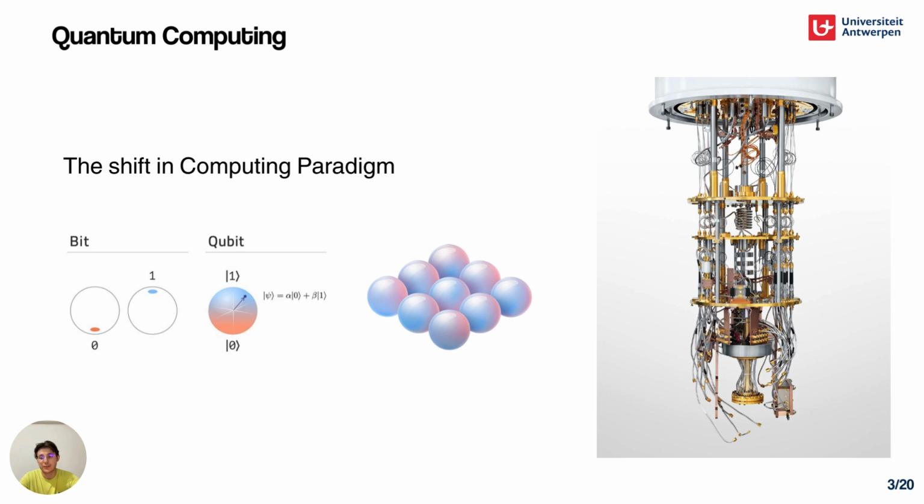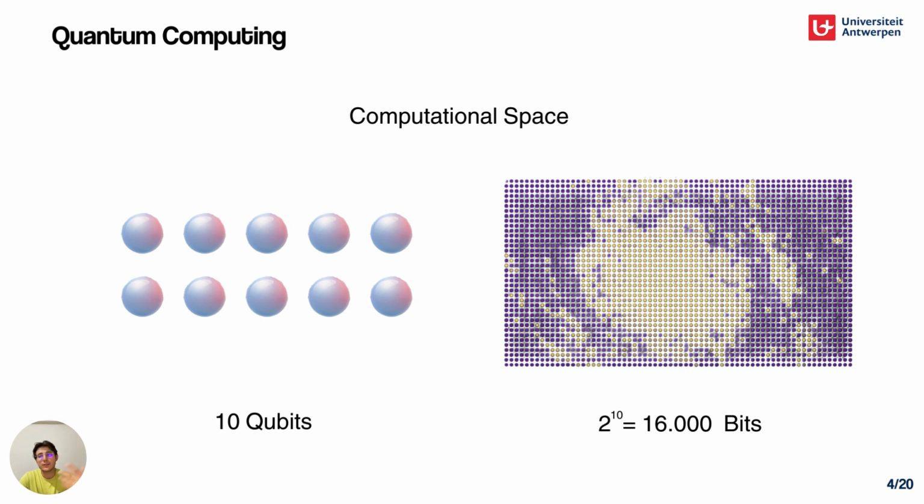There's another characteristic of quantum mechanics called entanglement. If a group of qubits are entangled, it's impossible to describe the quantum state of a qubit independently from the other ones. This entanglement property allows qubits to work together and process information simultaneously. Using these two characteristics, our computational space grows exponentially larger than storage space. For example, if we have 10 qubits, we can represent 2 to the power of 10 bits of information